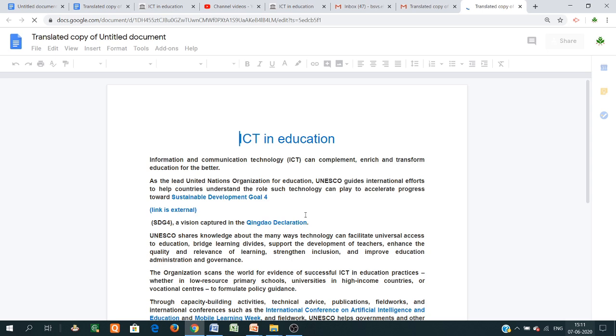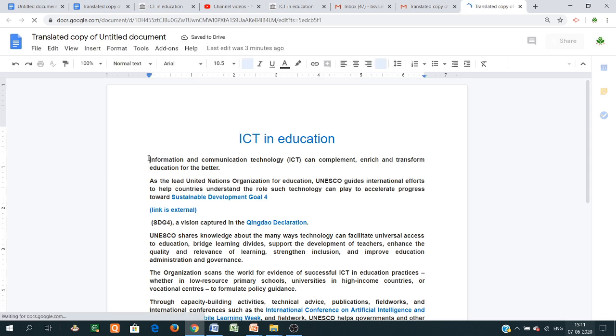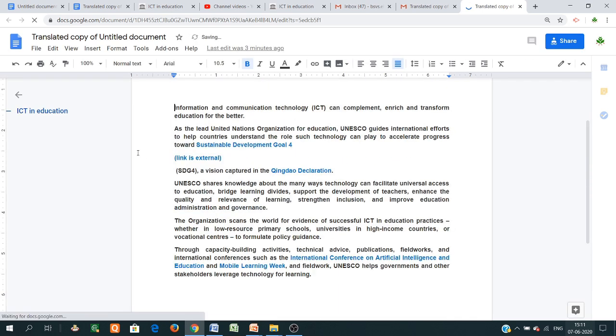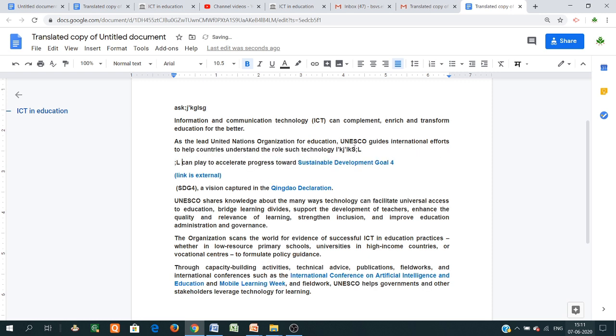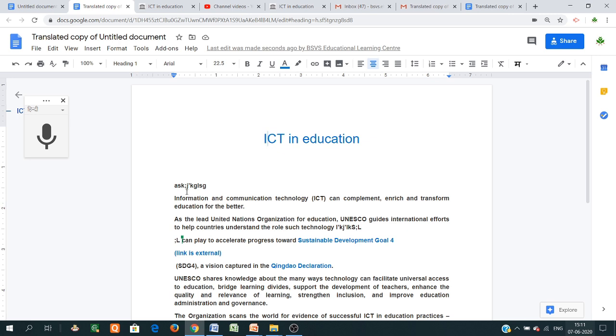In this way the document opens, and when you make any changes, suppose here in Documents I write ABCD and do some editing, and then I look again at the original document, you find that some changes have taken place here.